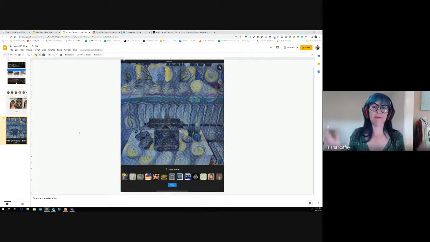This is my bedroom office workspace right now. I was able to take a picture of where I'm working. You choose the style that it becomes, and look at how instantaneously my bedroom now looks like The Starry Night. And I just love being able to create that art. It is so awesome.